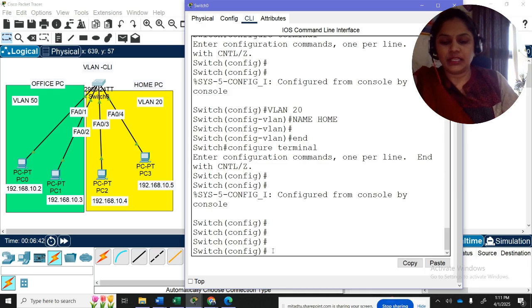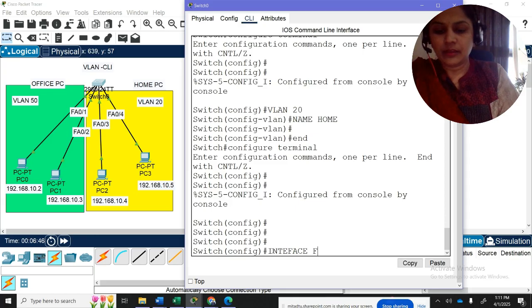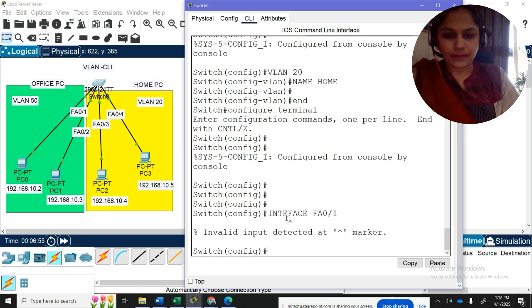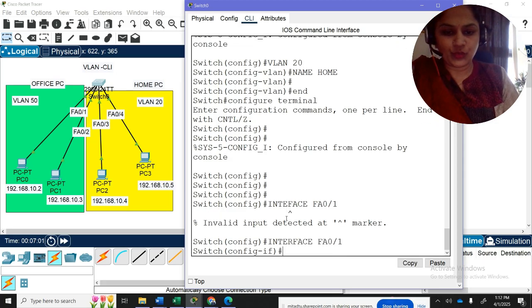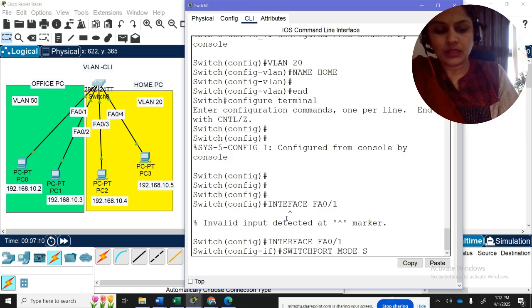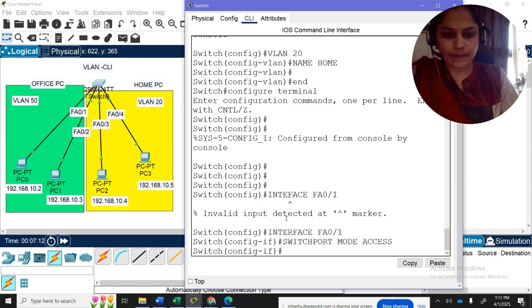Now here we have to configure them with the interface FastEthernet 0/1. So this interface we have to add. Interface FastEthernet 0/1, and we have to give switchport mode access.